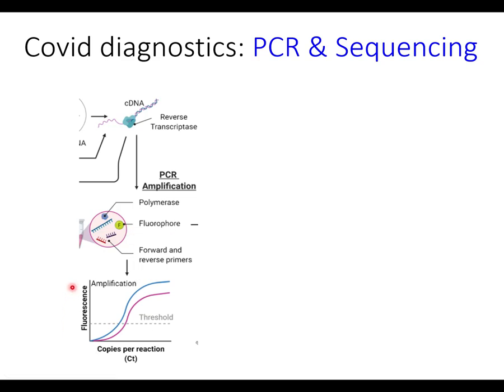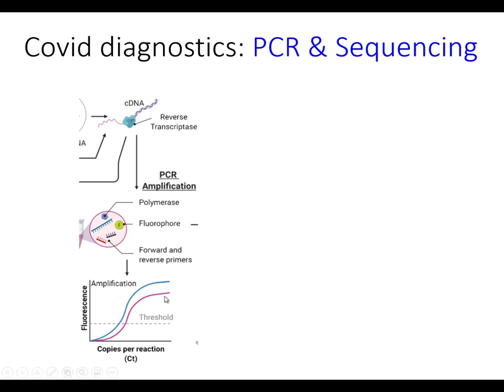As the fluorophore is released, we see an increase in fluorescence, which is proportional to the amount of DNA copied. What we then measure for a positive or negative is the cycle time, the number of cycles needed to cross a threshold level of fluorescence. In terms of qPCR, we can theoretically detect down to a single molecule, which would take around 37 cycles. Anything beyond that is not considered to be a reasonable number. If you are highly positive for COVID, you will have a CT of around 20 to 25,